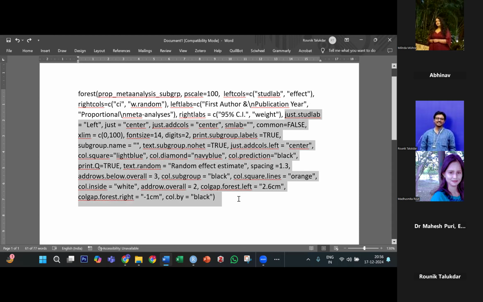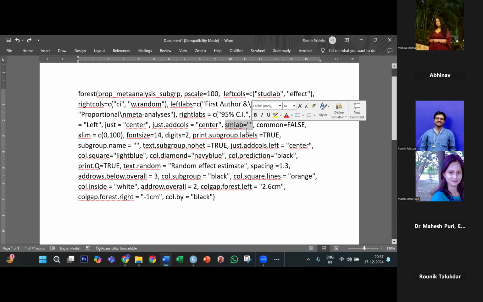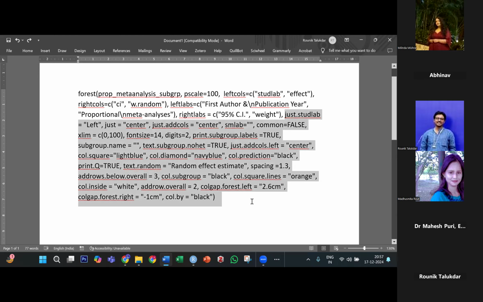और ये जो भी है यहाँ पे, दीज आर लाइक ब्यूटिफिकेशन ऑफ द प्लॉट। तो ये जस्ट डॉट स्टड लैब को बोल रहा है कि इसको लेफ्ट में ही रखना, लेफ्ट ओरिएंटेड रखना, जो हम लोग वर्ड में करते हैं कि जस्टिफिकेशन, लेफ्ट जस्टिफिकेशन, सेंट्रल जस्टिफिकेशन, राइट जस्टिफिकेशन, तो वो वाला चीज है ये। देन ये फिर से बोल रहा है कि पूरा प्लॉट का जो राइट अप होगा वो सेंट्रल ही रहेगा या लेफ्ट में रहेगा। तो ये सारा जस्ट इज इक्वल्स टू सेंटर। देन ये बोल रहा है जस्ट ऐड कॉलम्स इन सेंटर। एसएम लैब इज इक्वल टू, मैंने समरी मेजर का कोई लेवल चाहिए या नहीं, तो मैं बोला कि नहीं चाहिए अलग से। तो एसएम लैब इज इक्वल्स टू जस्ट टू इन्वर्टेड कॉमाज, तो इसमें कुछ लिखा हुआ नहीं है, मतलब वहां पे एक ब्लैंक स्पेस आएगा। तो ये कुछ भी याद करने का कोई जरूरत नहीं है, ये तुमको कोड हर जगह मिल जाएगा। आजकल तुम चैट जीपीटी में भी लिखोगे तो भी ये कोड मिल जाएगा। तो हाँ, ओके लेट्स डू इट। तो ये जस्ट कॉपी करते हैं, लेट्स डू इट इन आर स्टूडियो।